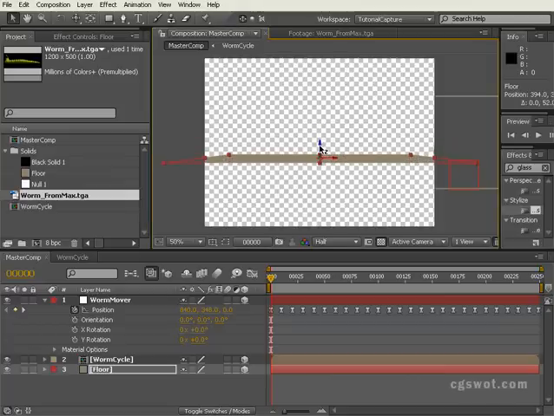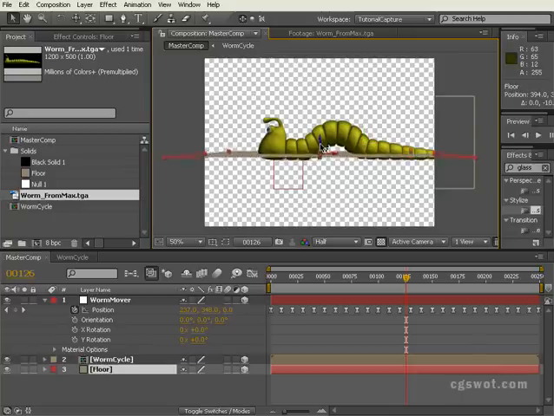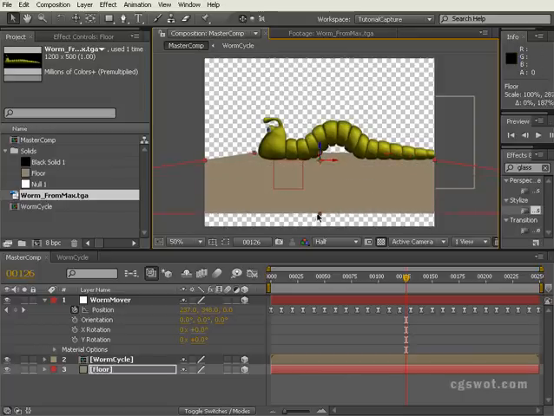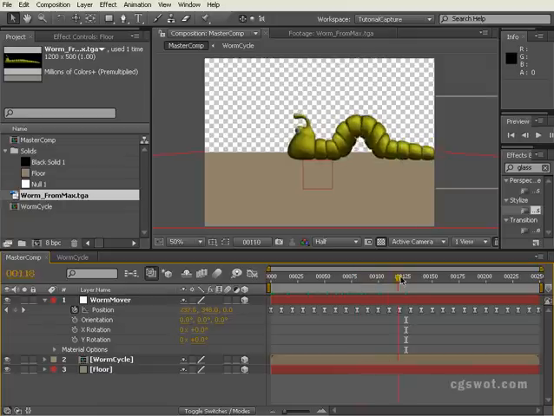And what we're going to do, if we come halfway through the animation, you'll see that we can line the floor up with the worm. That's about it there, and we'll scale it in width to about there, and that's going to work fine. So there's our floor,